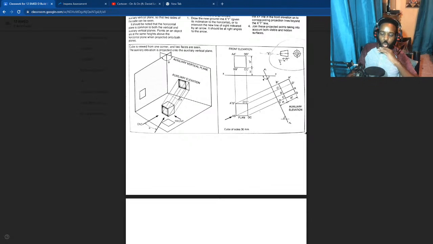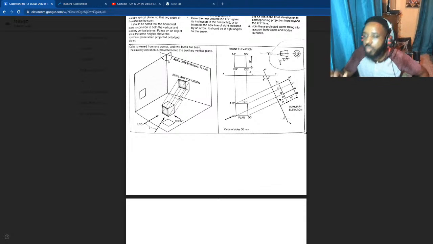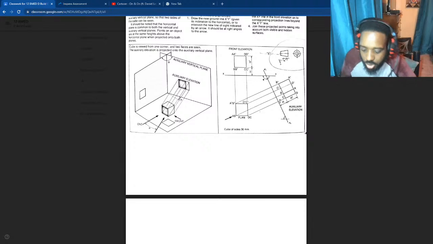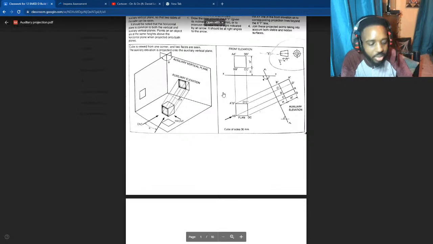So a simple cube, and we will do an auxiliary projection for this. It's first angle, which means that the front goes above and then the plan goes below that. So it's going to look like this.